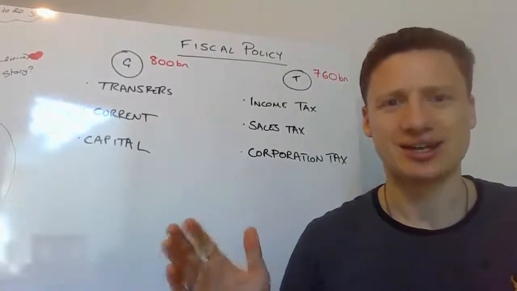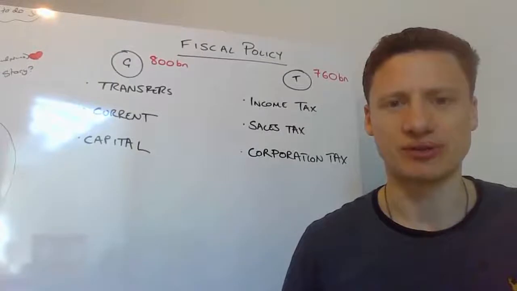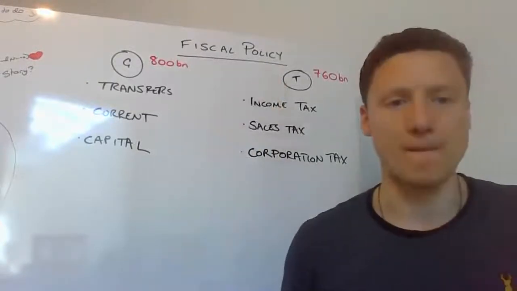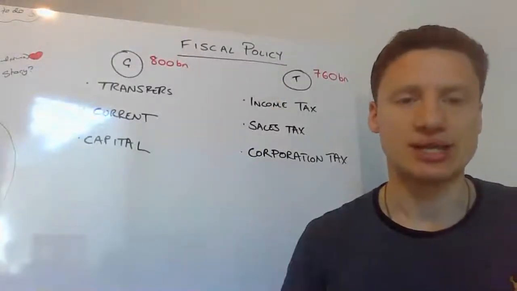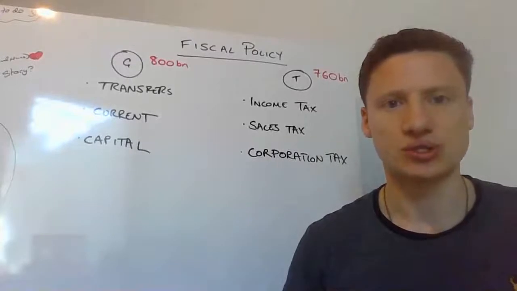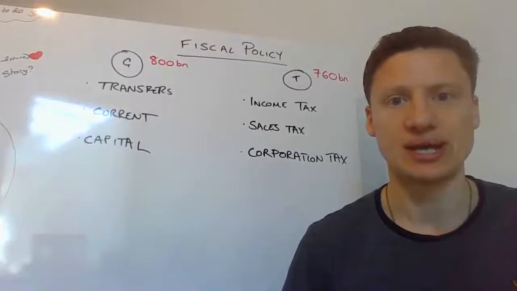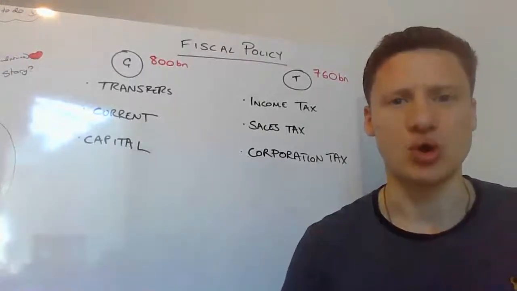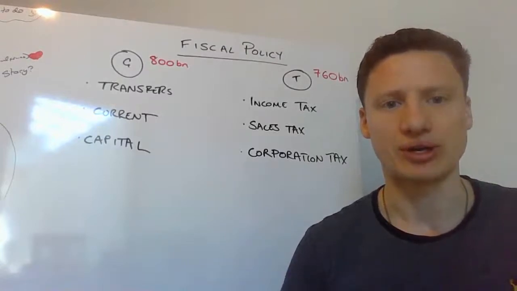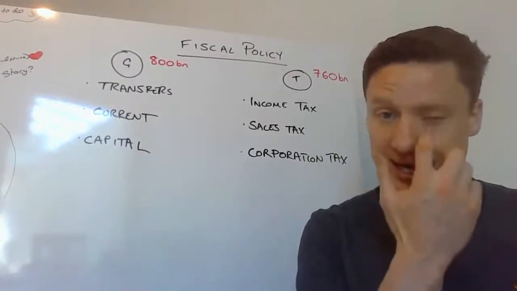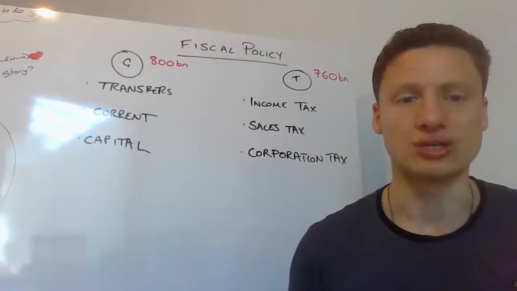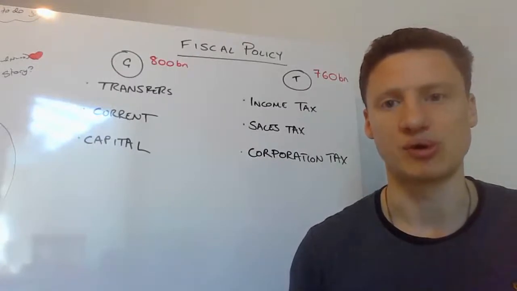And today I was thinking we could do something very quickly on fiscal policy, which is a mainstay of the first year course, theme 2 if you're doing A-level, or theme 2 even if you're doing the IB. But also it crops up so much in macroeconomics in general that even into year 2 macroeconomics, it's going to come up again and again and again. And I'm just going to give some broad themes today with regards to fiscal policy.